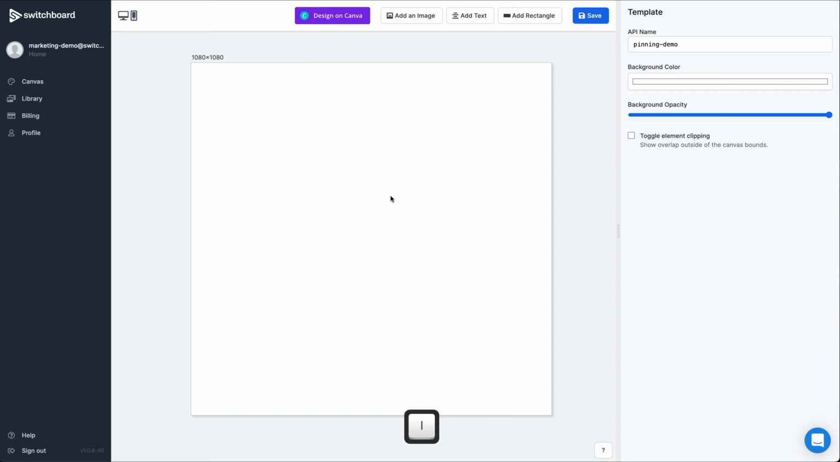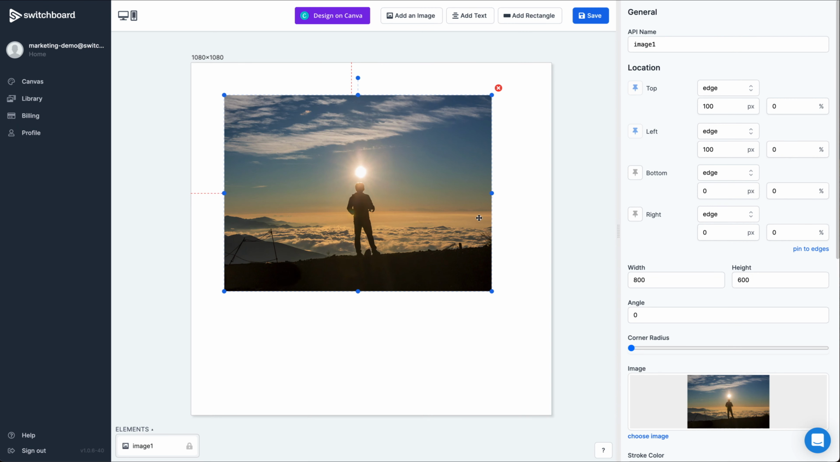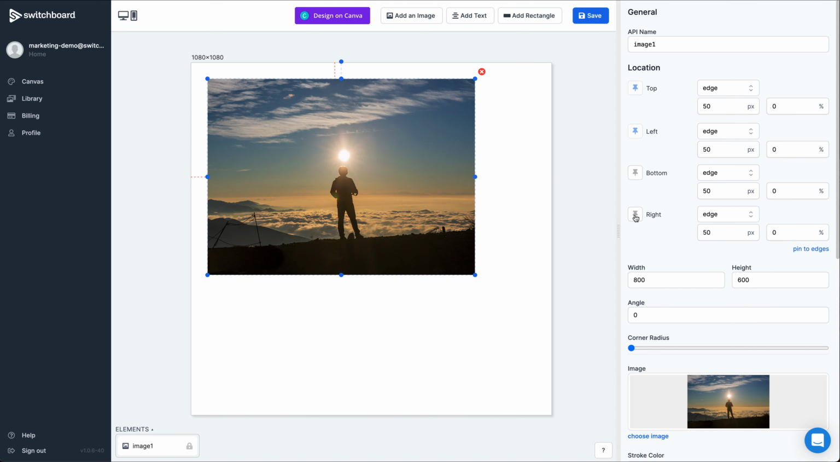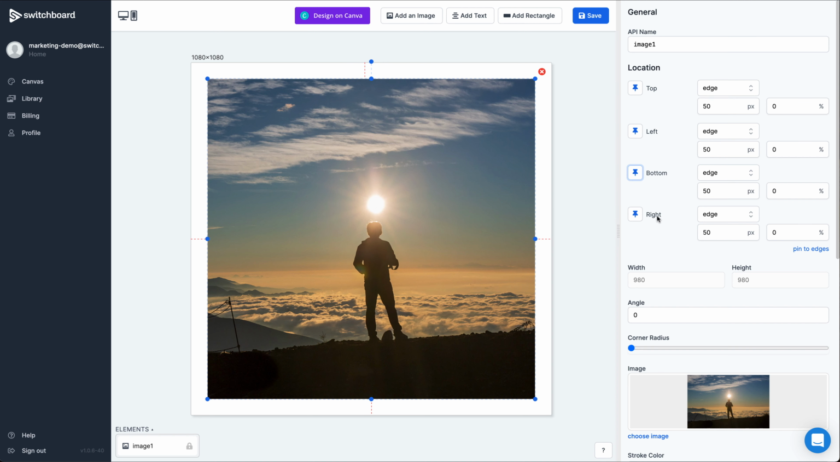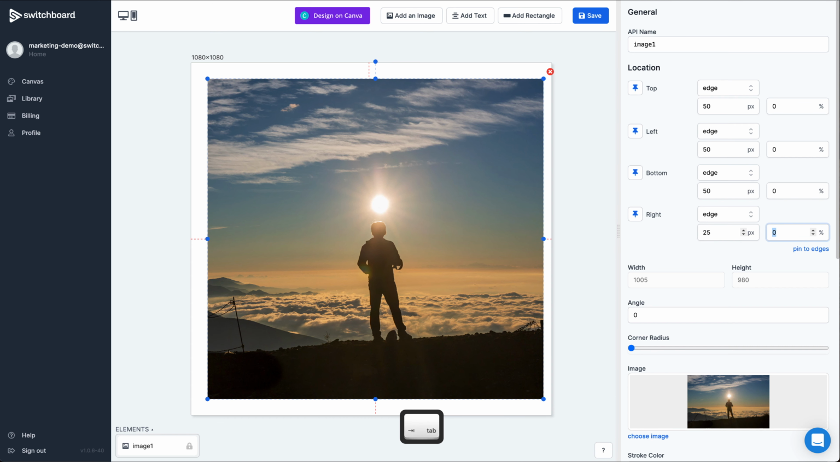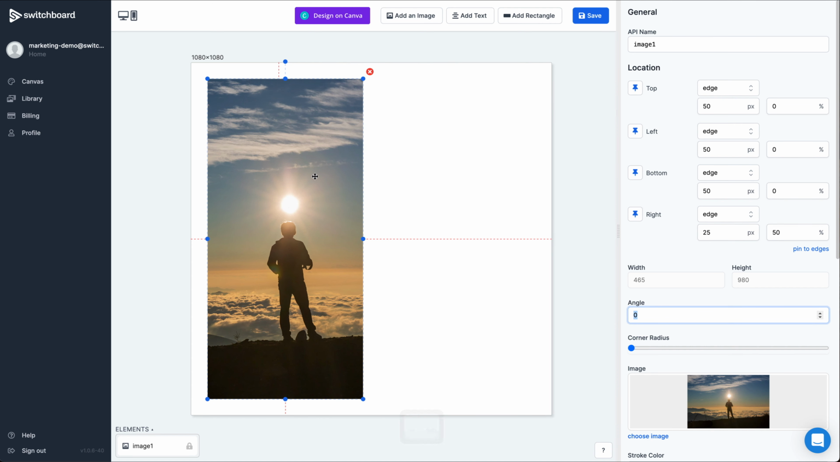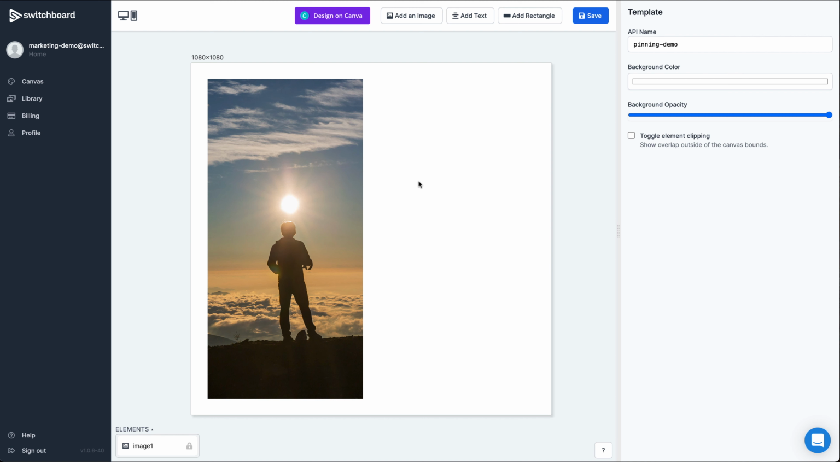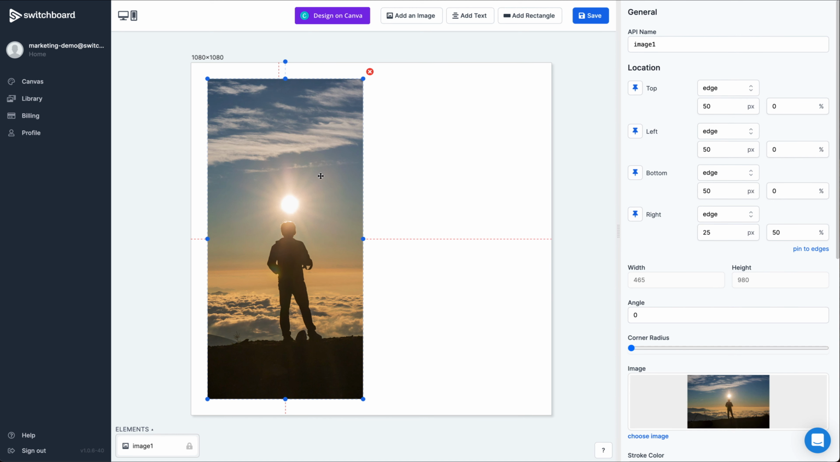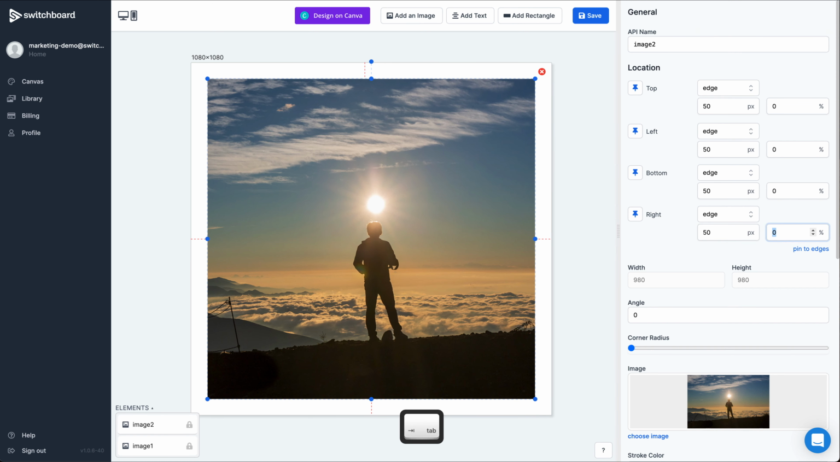I'll demonstrate that real quickly right now with the same image that I was just using a second ago. First of all, I will set this to 50 pixels on all sides, but on the right hand side, as I did a second ago, I'll reduce this to 25 and 50%. That puts the image over on the left hand column, and I'll duplicate this image, and then this time I'll remove the percentage on the right hand side, put that back to 50,